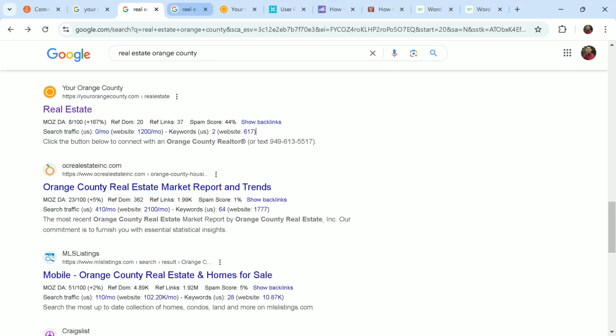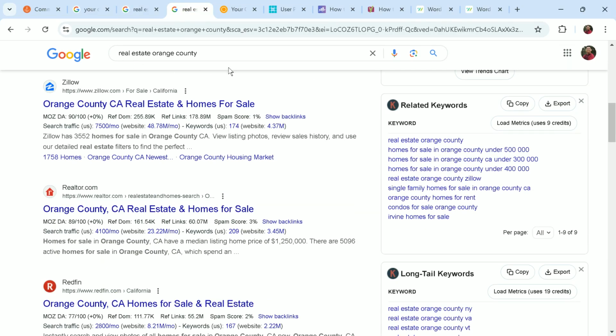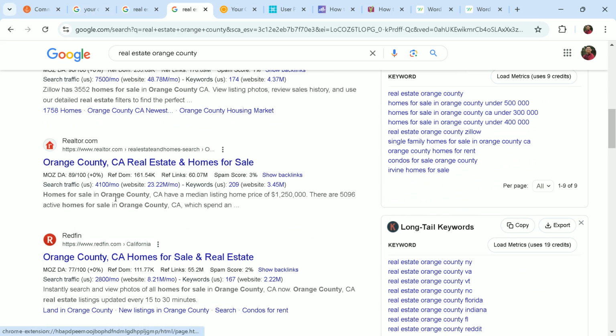Here's what it's supposed to look like. When I have this search term, you can see that Zillow, Realtor, and Redfin have the following meta descriptions. Zillow has X homes for sale in Orange County, CA, view listing photos, review sales history, and use our detailed real estate filters to find the perfect home. Realtor has homes for sale in Orange County with a median listing home price.